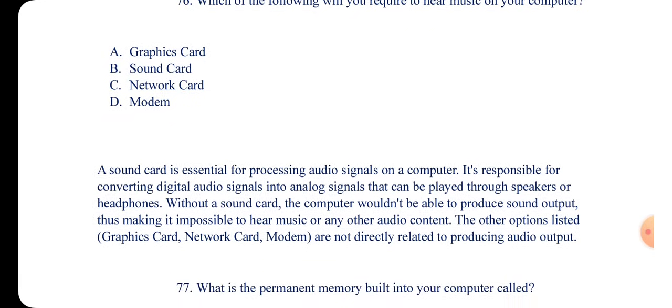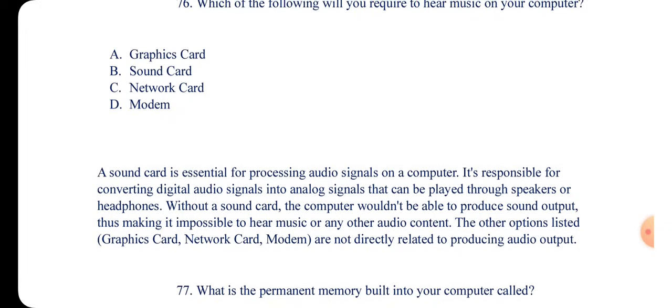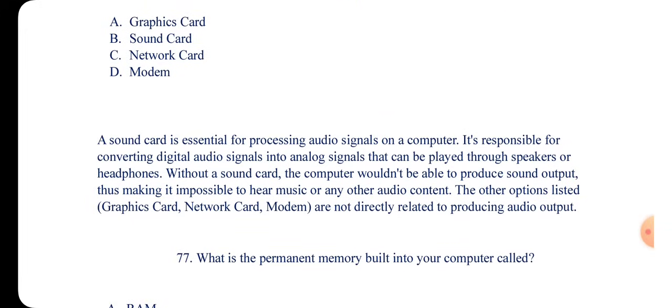Someone shouting in the roadside. You get it. You hear so many different sounds inside. So a sound card is essential for processing audio signals on a computer. It is responsible for converting digital audio signal into analog signal that can be played through speakers or headphones. Without the sound card, the computer wouldn't be able to produce sound output, thus making it impossible to hear